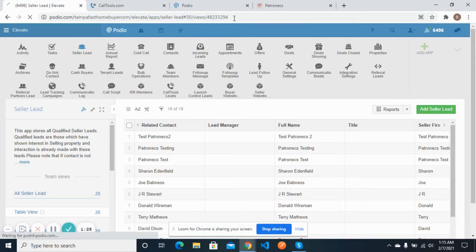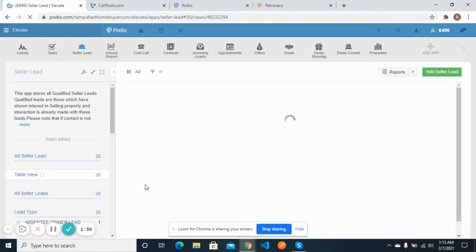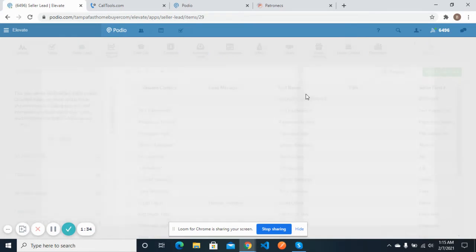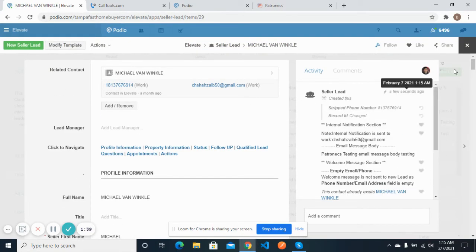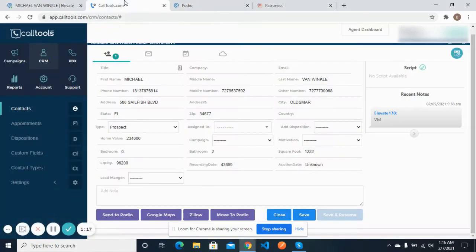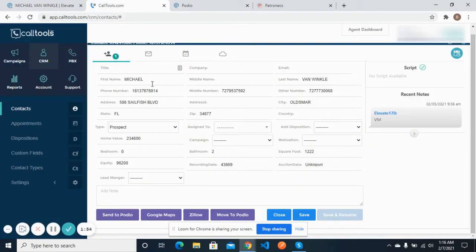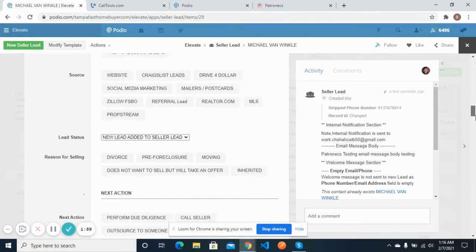If I refresh it, okay, so a new lead has been created, Michael Van Winkle. A few seconds ago this lead was created, and this is the same lead that I submitted from my call tool. You can see the first name, last name, and this is the phone number, 914. So all of the information has been filled